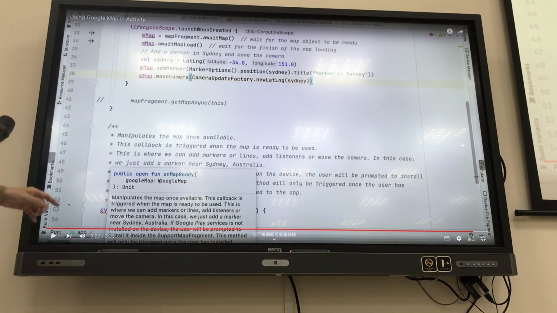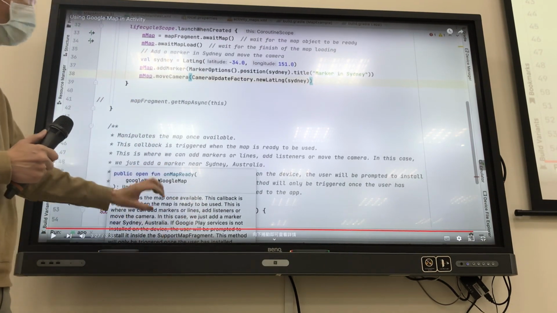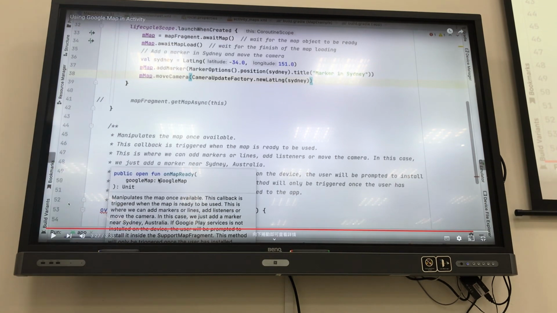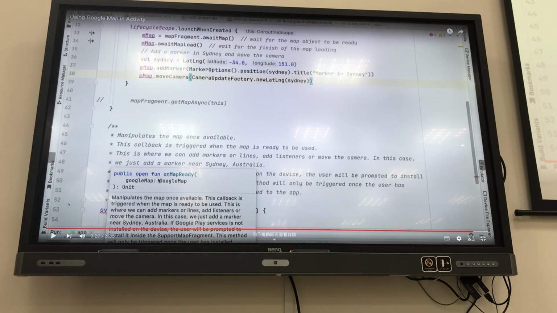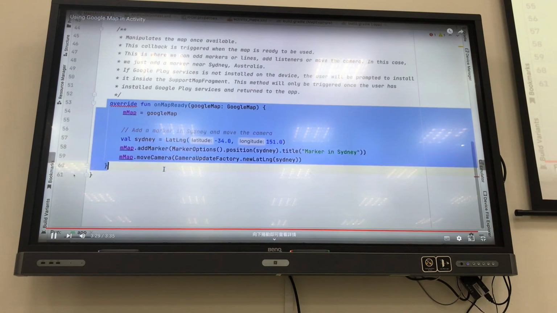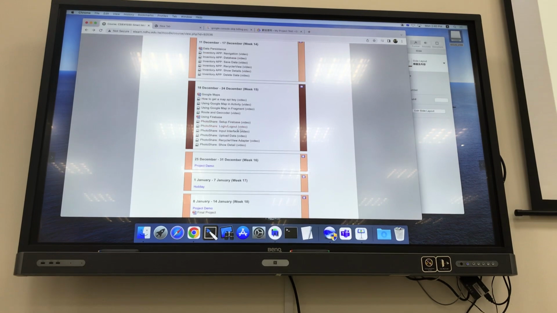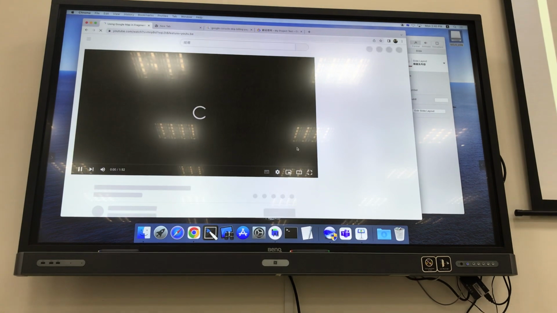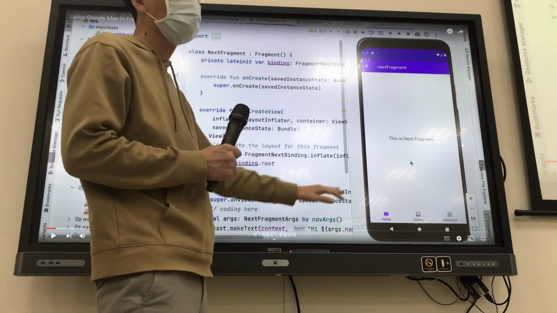However, using the callback, you need to define another callback function. 那就比较不直接了。那使用 coroutine 的话呢，整个程式码可以写在同一个地方。